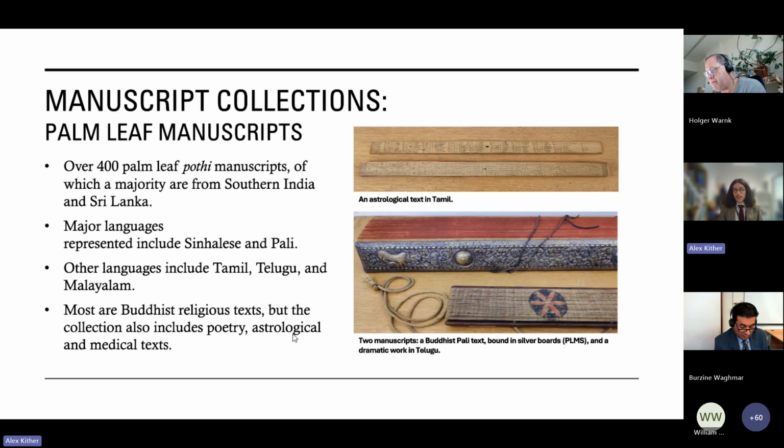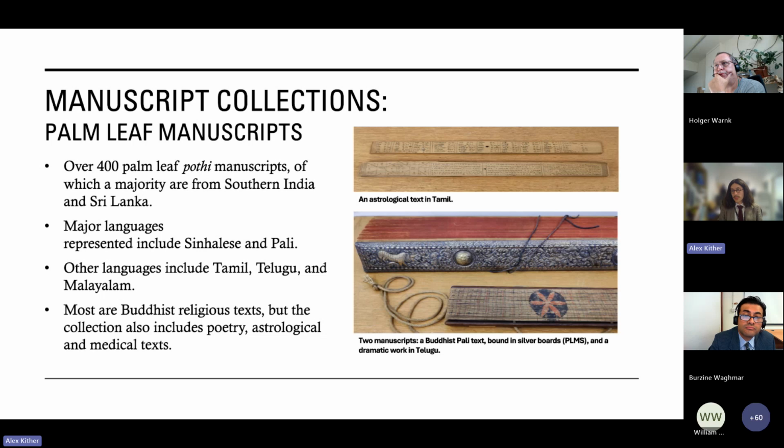So that was a very brief overview of the archival collections. Moving on to the manuscript collections, I'll speak a little bit about our palm leaves, and I'll pass over to my colleague Ross to speak about some of the other areas of our collections. But you've already seen an example of the Tamil palm leaf manuscript from the Marsden collection at King's. We have many other palm leaf manuscripts in our collection, just over 400, not all of which are Southern Asian. Some of them are from Southeast Asia. We have quite a few Burmese, but definitely the majority of them are from Southern India and Sri Lanka, including some in Tamil. You'll see at the top here is an astrological text in Tamil.